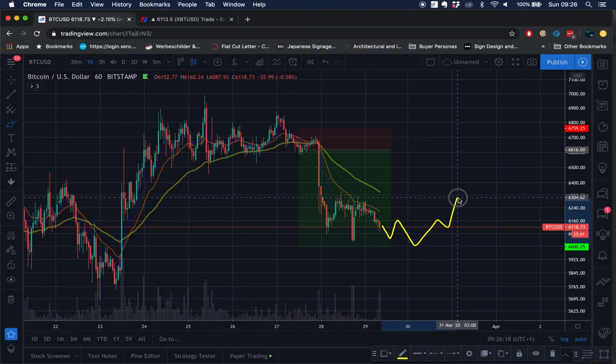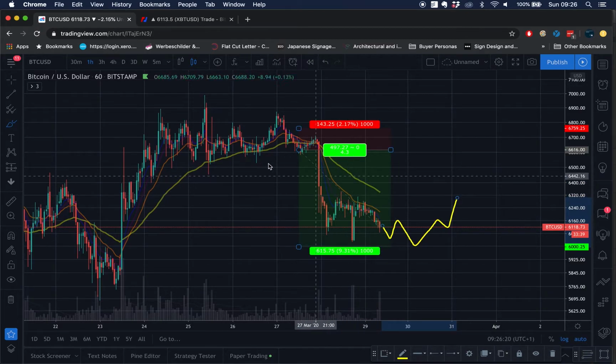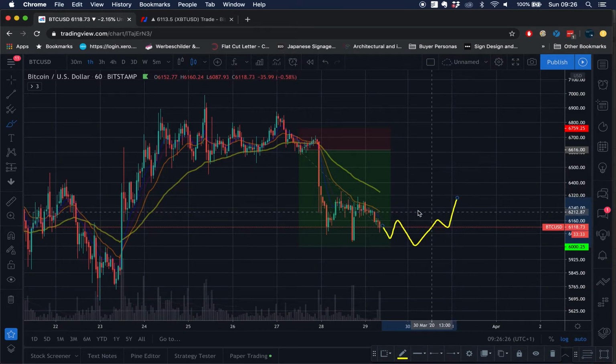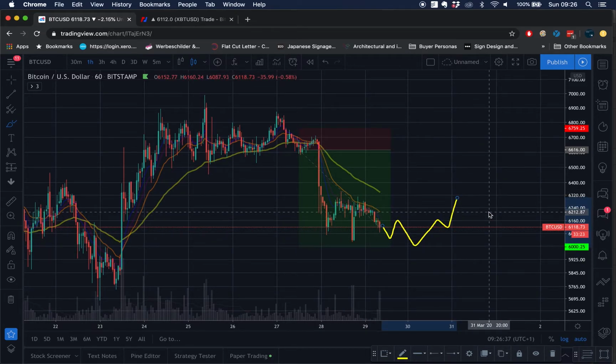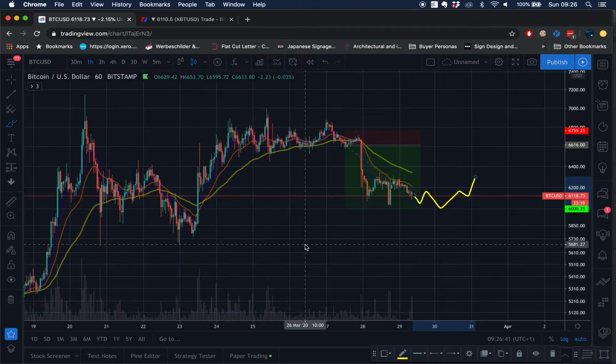I would expect to see these EMAs cross over around about sort of here, and if they do cross, and if it doesn't quite hit and I don't take any profit and the EMAs start to cross, I'll actually get out at that point there, and I might start looking for a long,